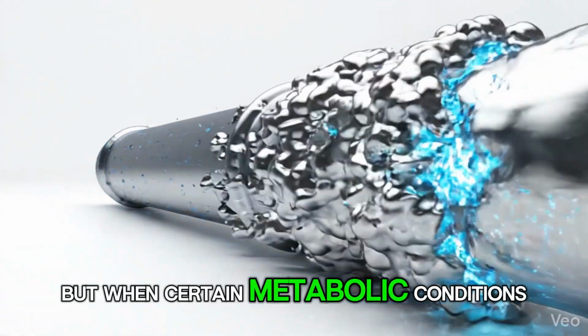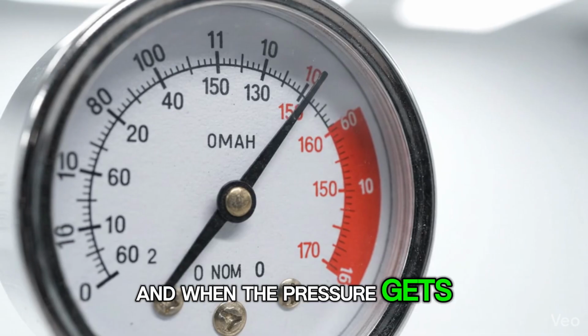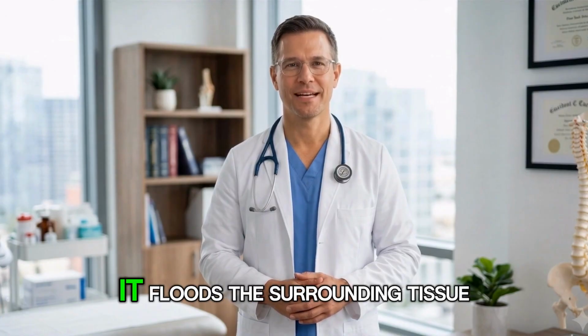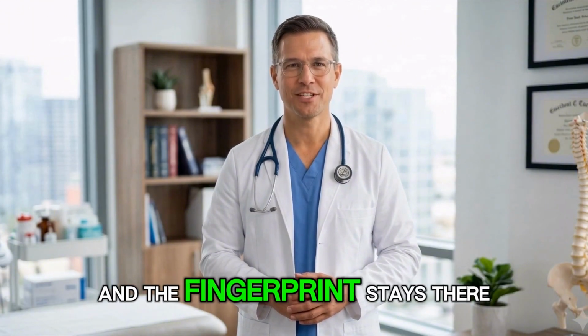But when certain metabolic conditions arise, those pipes become stiff. The pressure inside them builds up dramatically. And when the pressure gets too high, the water portion of your blood is literally forced out through microscopic gaps in the vessel walls. It floods the surrounding tissue. That is the exact puffiness you feel when you press your thumb into your shin and the fingerprint stays there